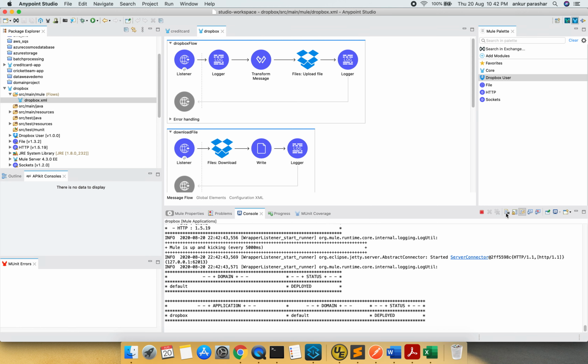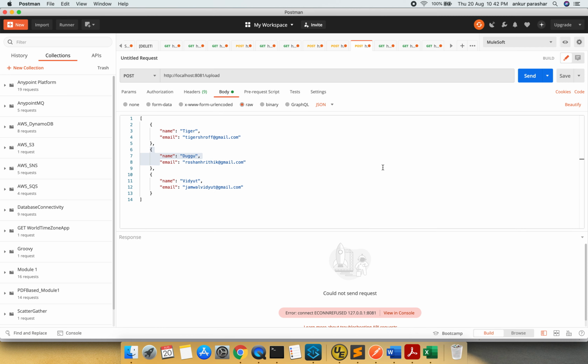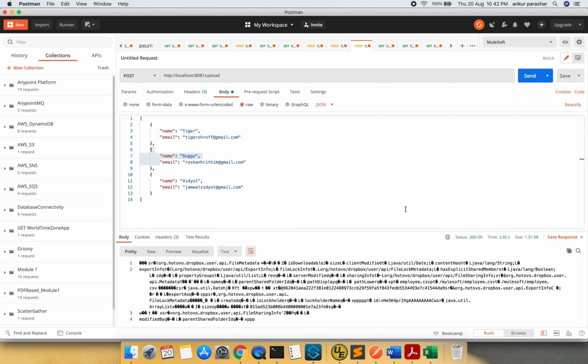So it is now deployed. I will clear up the console quickly and go back to Postman. We'll try to hit the send button. And I got some response back. Okay, this is the payload.